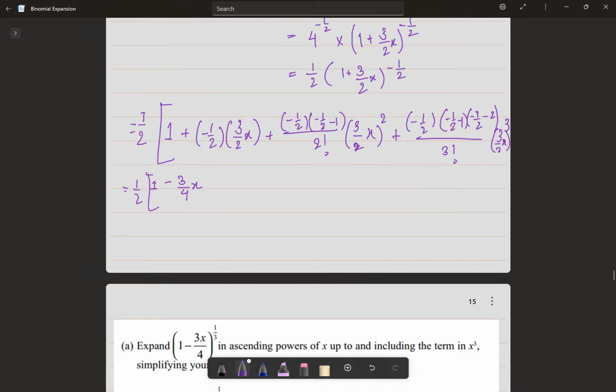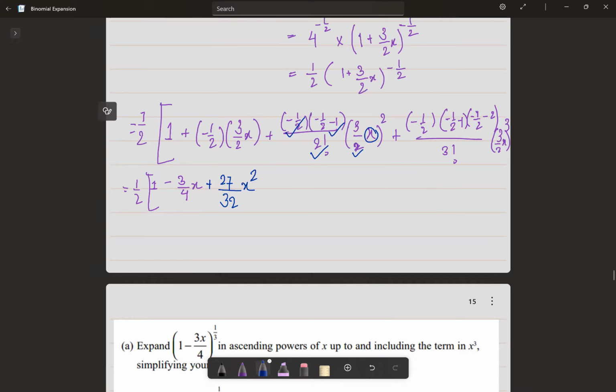Because we will put everything in the calculator apart from the x, right? So you're going to put this in the calculator, this in the calculator, this one also, this one also. You just don't put the x. So the x stays as it is. You have x square over here, so it stays there. And then the rest of the part you put in the calculator and you get 27 by 32. In the same way,